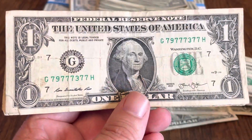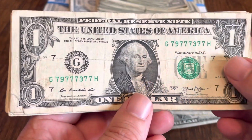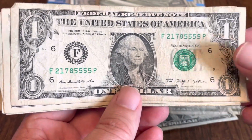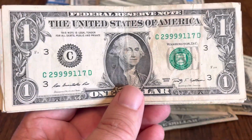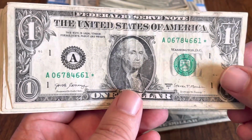3 sevens and 9s, and what is that, 6 sevens on that note? 1, 2, 3, 4, 5, 6. Yep, 6 sevens. And we've got quads. Quad 5s on a rough note, quad 9s on this one. And my stars, 2017 A star note,